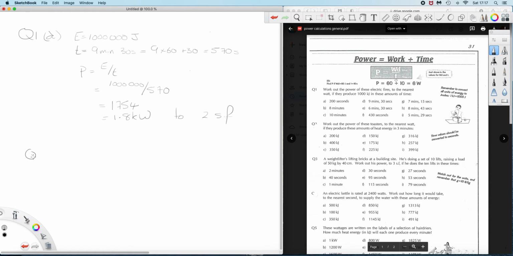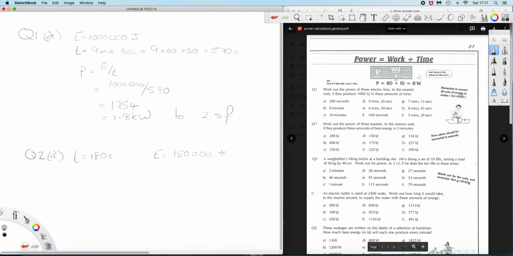Question 2. We could do part D of that as well, why not? So question 2 tells us that our time is 3 minutes, and doing that in seconds, 180 seconds. And in part D we have an energy of 150 kilojoules,